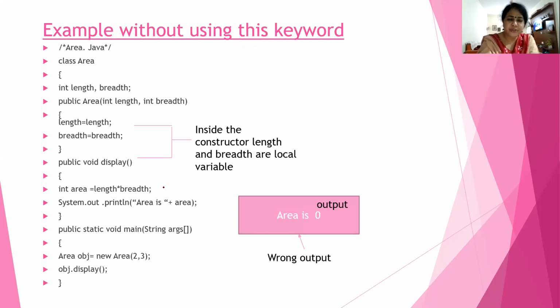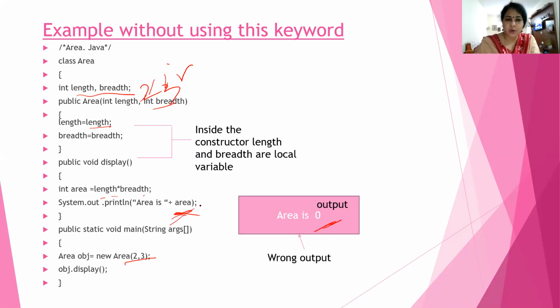Without using this, what happened here? You see there is a length and breadth that are the instance variables. Now int length and int breadth are the local variables. These local variables have the same name as the instance variables. Now here there will be confusion. In the display function we multiply both length and breadth. Due to the local nature, this value will not come to the display, and the area will be 0, the output will be 0. We are sending 2 and 3, but this 2 and 3 is local to the function, so it will not be available here until it is transferred to the instance variable. Then also it will give us 0.